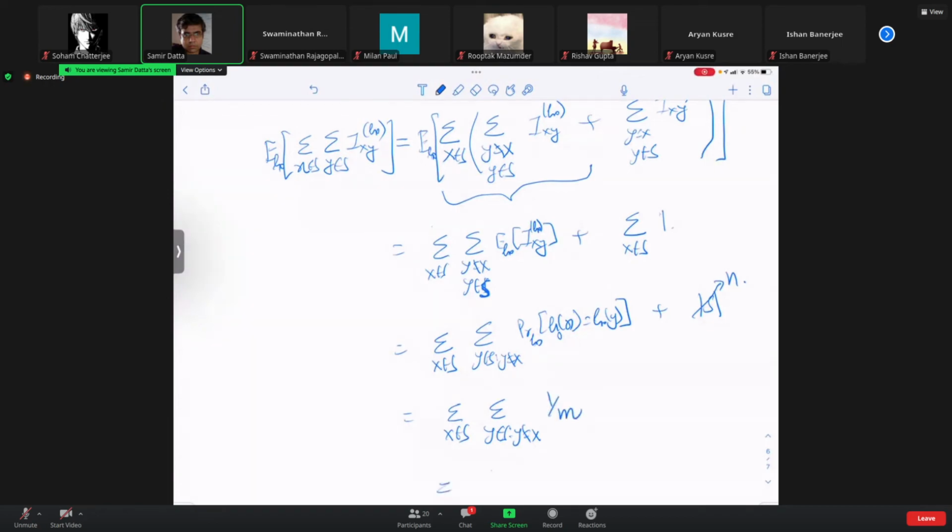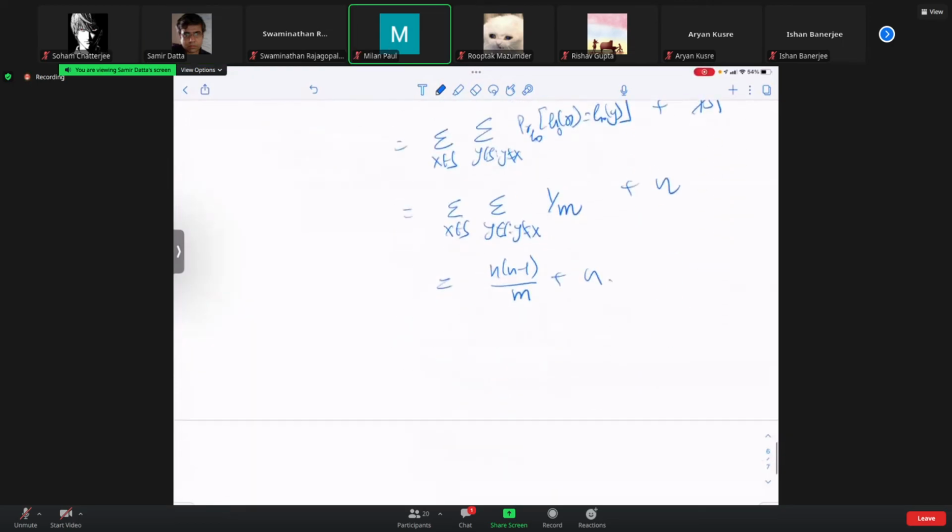This is roughly equal to n into n minus 1 by m plus n, correct? So if you take m equal to n, this is n minus 1 plus n, so taking m equal to n, this is less than 2n,